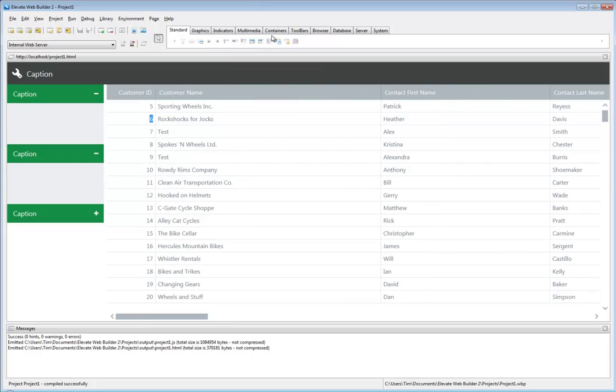So, that's all there is to it. We've just built a basic application in a few minutes that will run on any desktop, laptop, tablet, or mobile device running a modern browser. In summary, Elevate Web Builder allows the developer to be immediately productive by using a visual, building blocks approach to developing web applications. The end result is rapid application development for web applications and a drastic reduction in your development